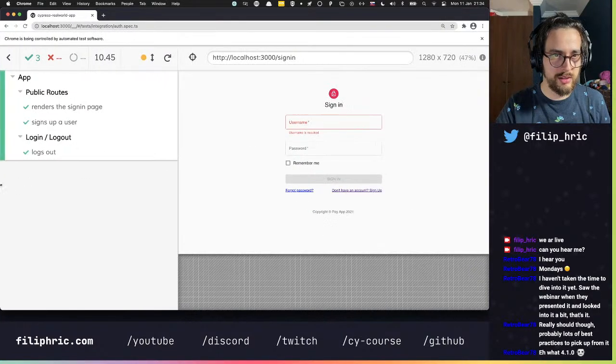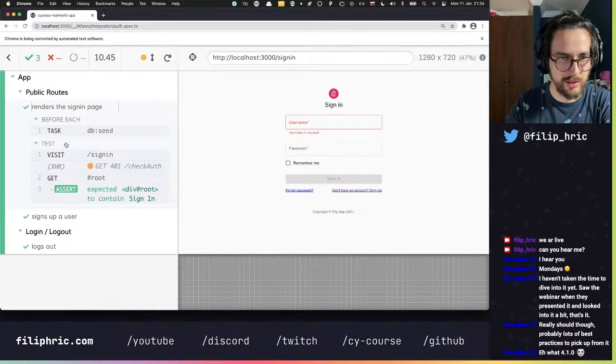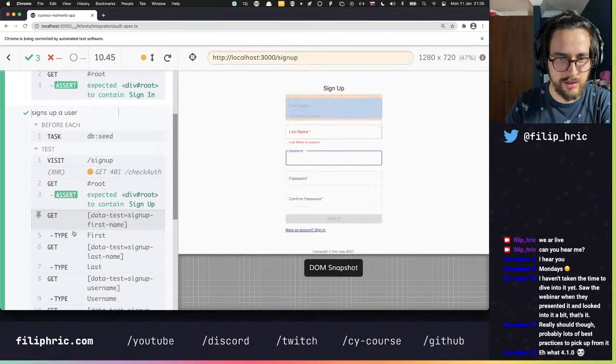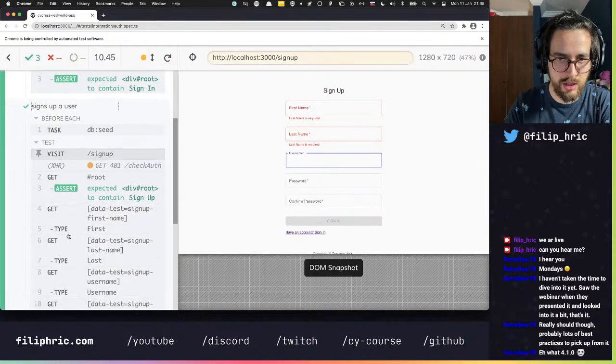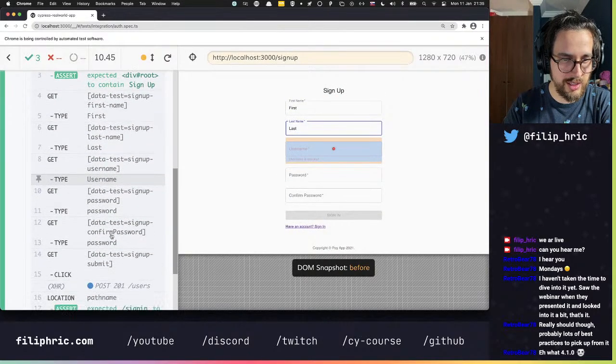Okay, well, so here we have a couple of tests. Testing public routes separately. So the sign-in page should be rendered and sign up should work. Lots of data selectors and stuff like that.